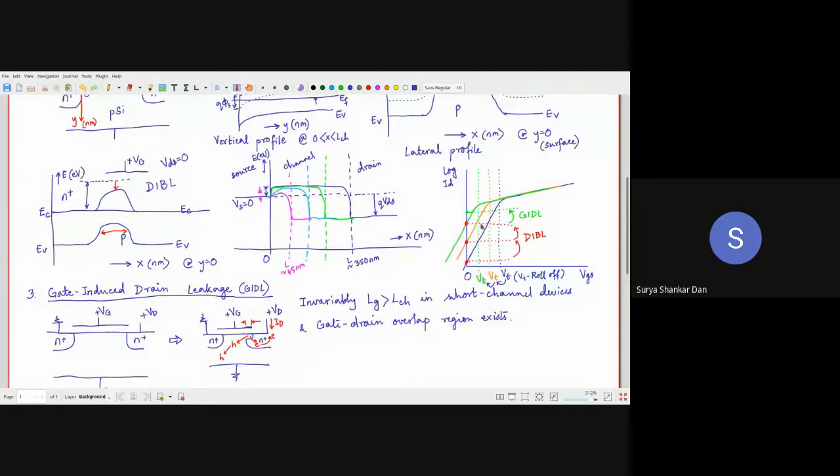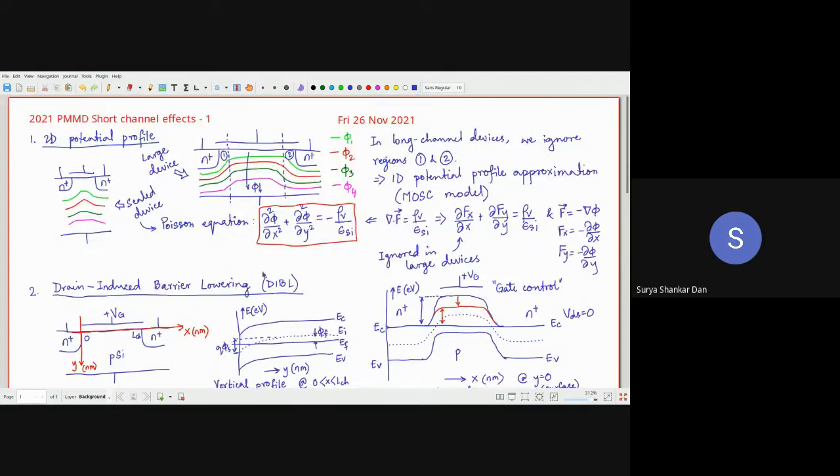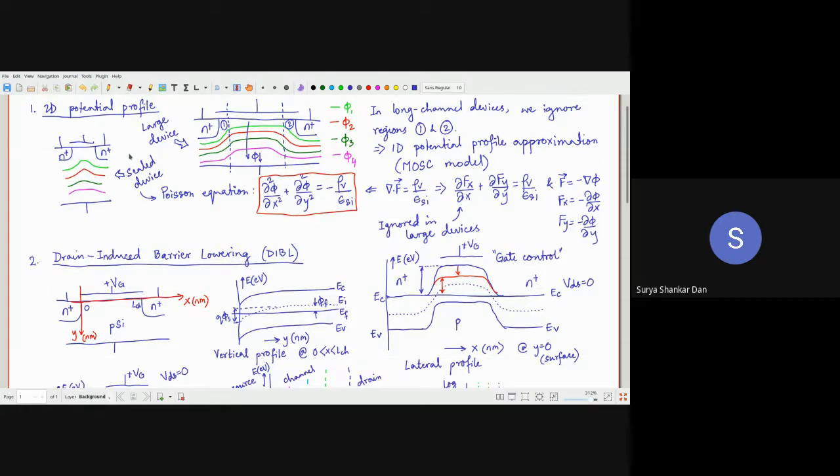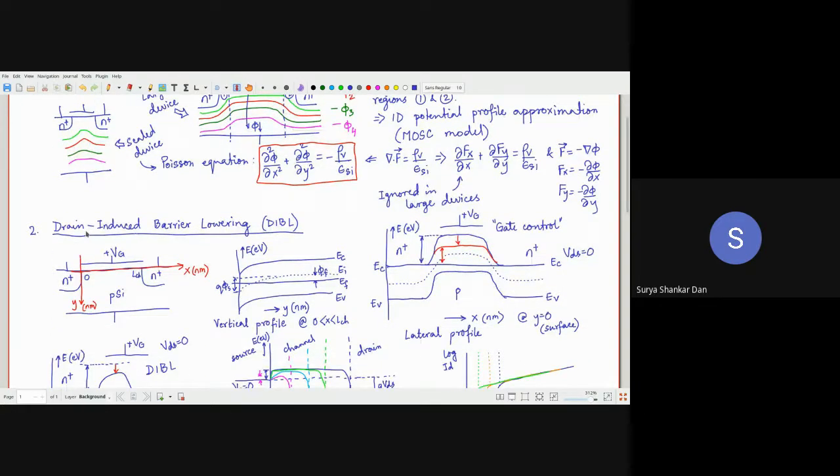So this part is clear, right? Everybody say yes. If anybody knows, then I'll explain this again. DIBL, then GIDL. So the premise is that, say you have taken the 350 nanometer technology node, and then you are gradually shrinking the size of the channel. So the first effect that will come into the picture is 2D potential profiling. Second, as you go even further, you will start having DIBL.